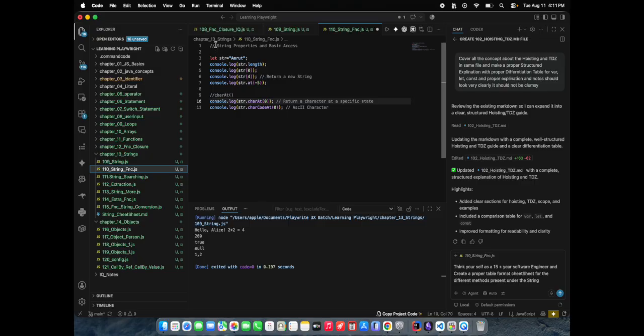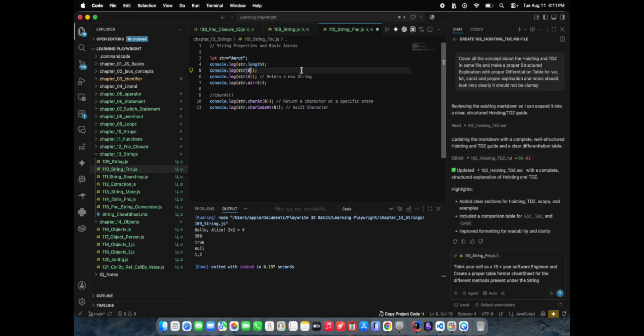Now string properties and basic access: how we can access the string. If your string is Amrut, its length can be calculated by string dot length. As I told you, a string is a sequence of characters, so it can be treated like an array.